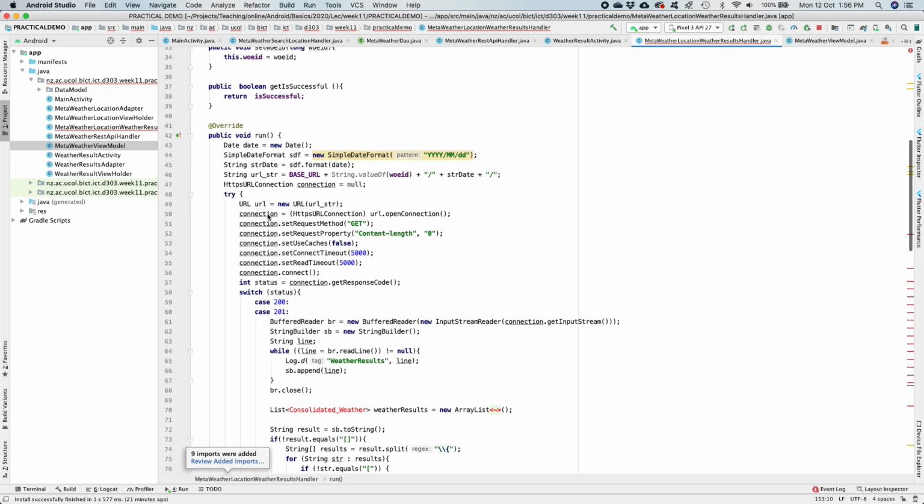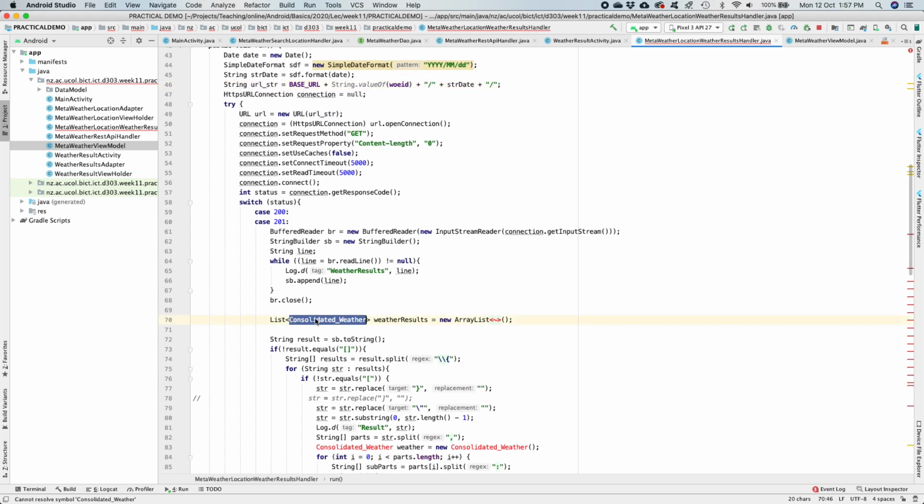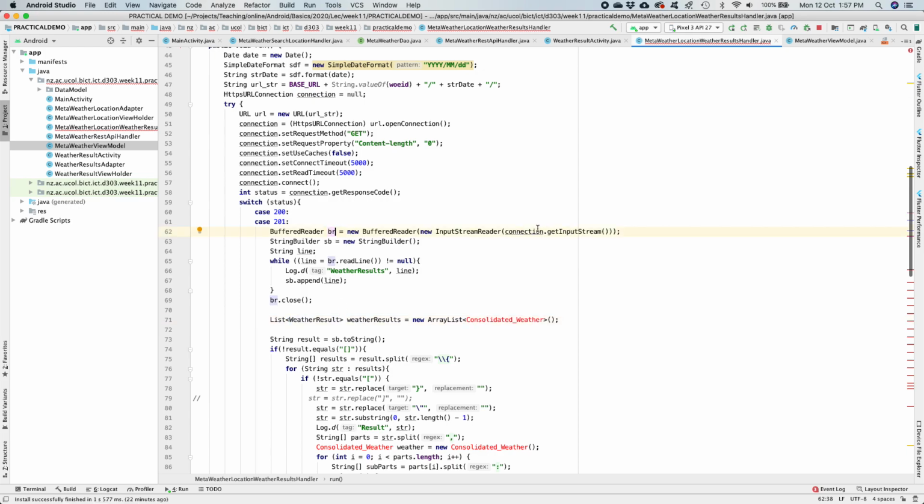So let me start again from that particular specific URL string that we have just created, based on the whole address, the where on earth id, and the current date. So we are going to create a URL, and then we are opening a URL connection, then we are setting the timeout and the read timeout, and then we connect. If that particular connection is successful, then we are going to read the information from that particular input stream, read all the data inside that particular string builder, and at the end we assign weather results is equal to